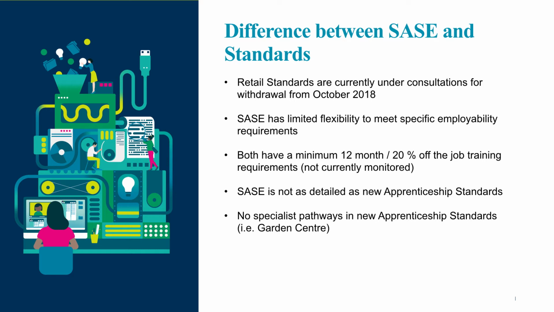The ESFA have said that they will be monitoring the cash contributions paid by an employer via the ILR system on a quarterly basis. So an employer has to pay the full amount over the 12-month period, but every quarter the ESFA will monitor to make sure that at least a quarter of the required contribution has been paid at each point. Again, you can negotiate this with the employer. The employer may decide to pay the full 10% up front.